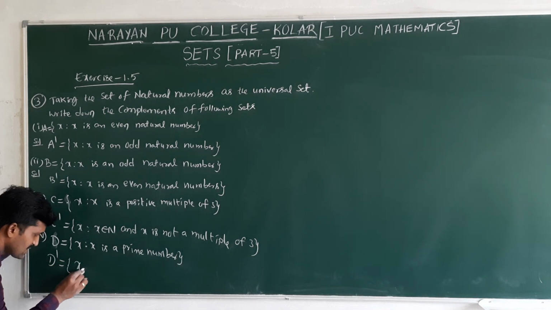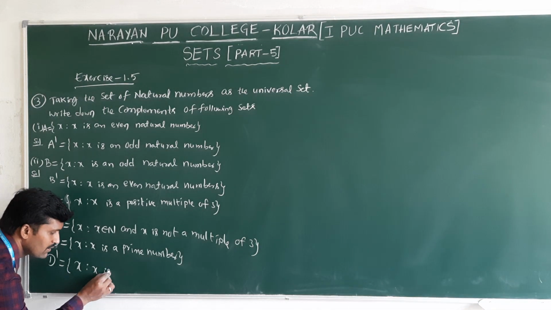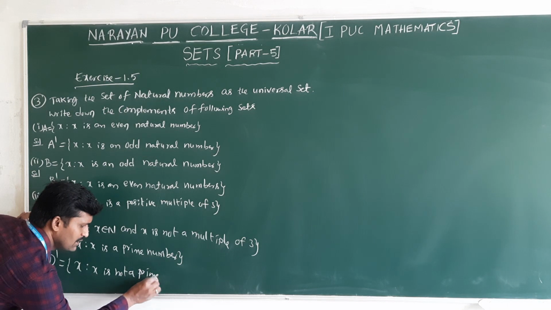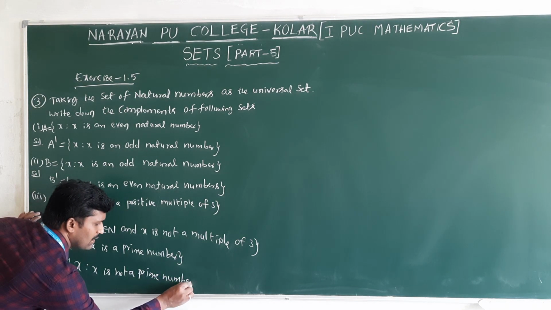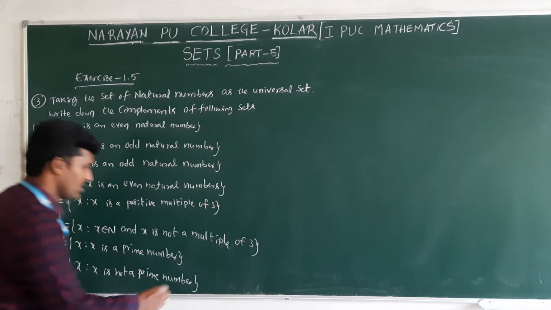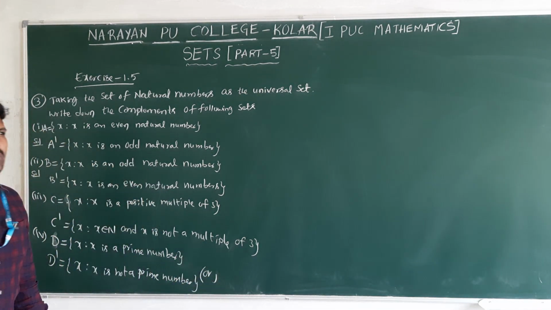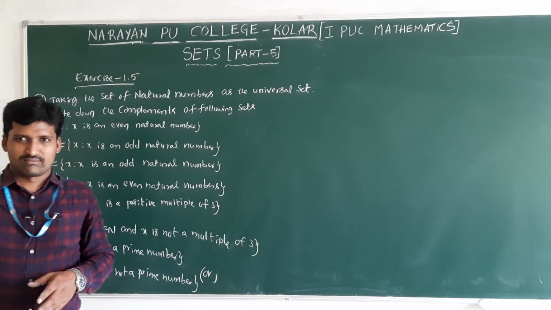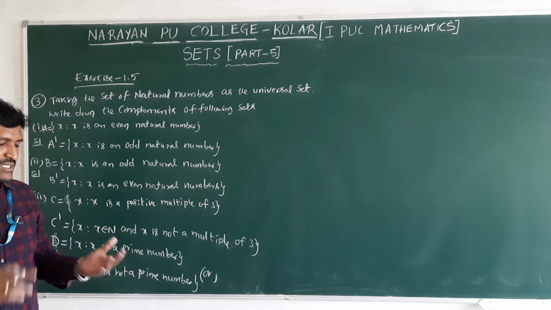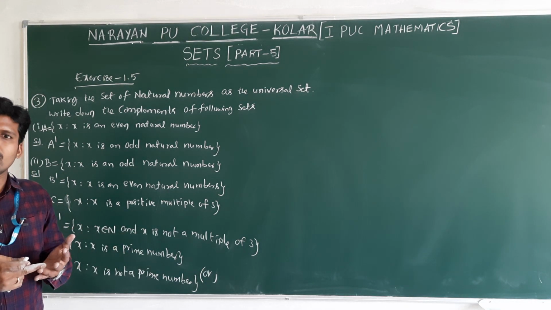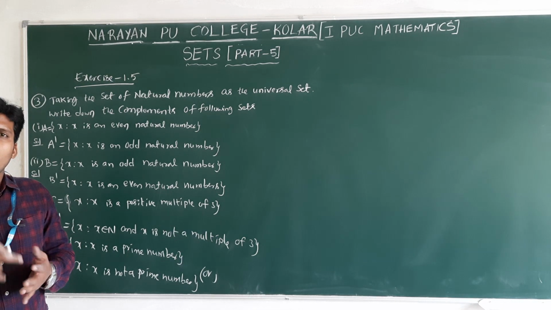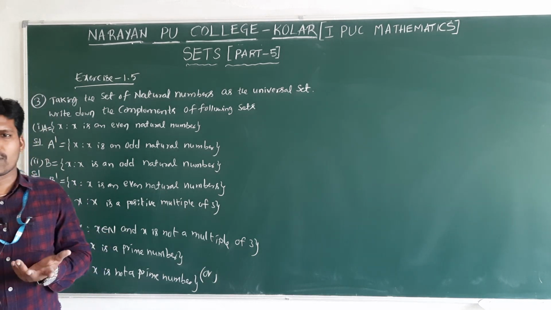That's why x such that x is not a prime number, you can write like that. Or we can write like this also: x is a composite number and x equal to 1. The x are prime numbers, remaining all are composite numbers and 1. 1 is not a composite. Remaining, more than 1 except prime numbers: 4, 6, 8, 9, 10, 12, 14 are composite numbers. 14 is 7 2s, like that you can write.